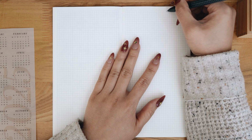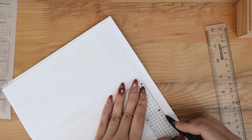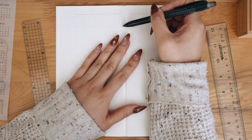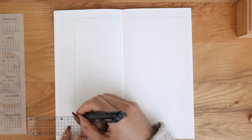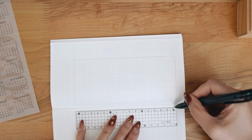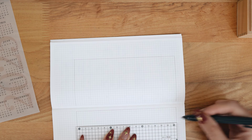Of course, you can always adapt any of these layout ideas into the notebook of your choice. You just kind of have to count the number of rows and columns and adjust it from there. This first layout is inspired by the Hobonichi weeks, which does feature in my planner lineup for next year. I mean, it's a great layout, and I wanted to see what it would look like if it was slightly